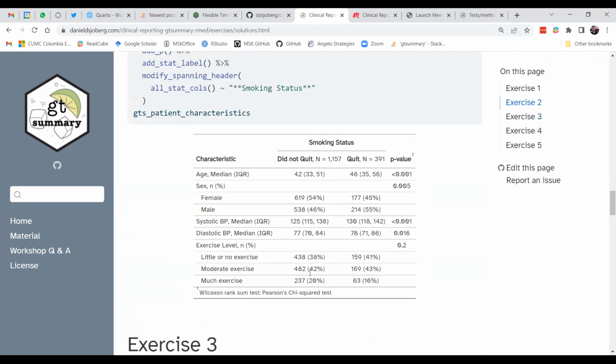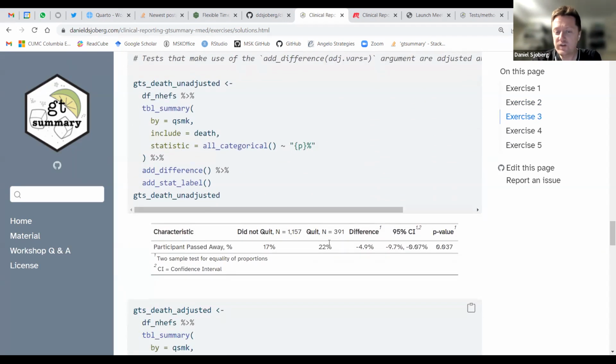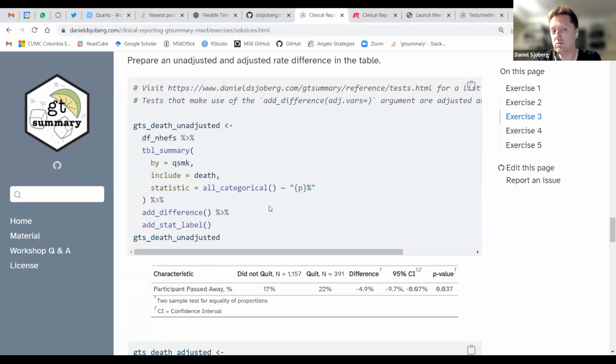So let's go back up to our table. So we can see that, okay, this is actually the opposite of what I would have thought. People who quit were older than patients who didn't quit. I kind of would have thought, oh, I've been smoking my whole life, I'm not going to bother with quitting. Something like that. You can see there are differences in sex, there's differences in their blood pressure. So we know there are differences between these two groups. So this gives a great univariate solution to that question, but oftentimes we need to control for other confounding variables.